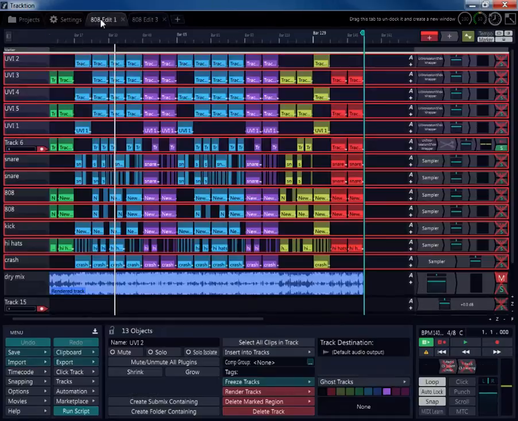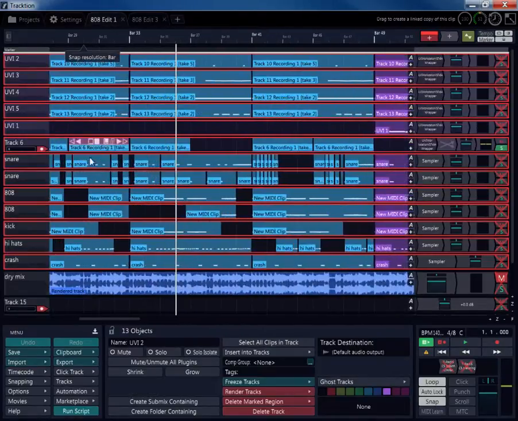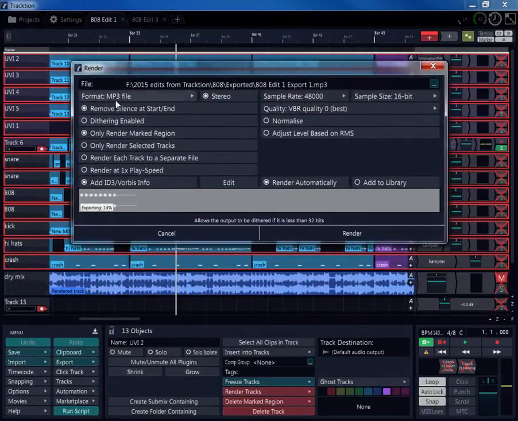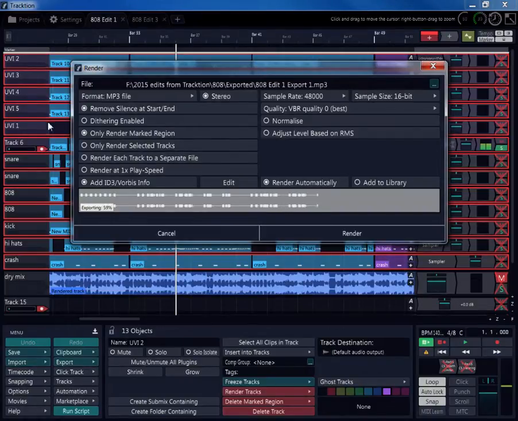What I did, I came out of here. All I did was select a track like you see here. Go to export, render the file, right there. Bam. You want to select this. Only render mock region. Only render selected tracks. Render each track separate. Once you select them, and